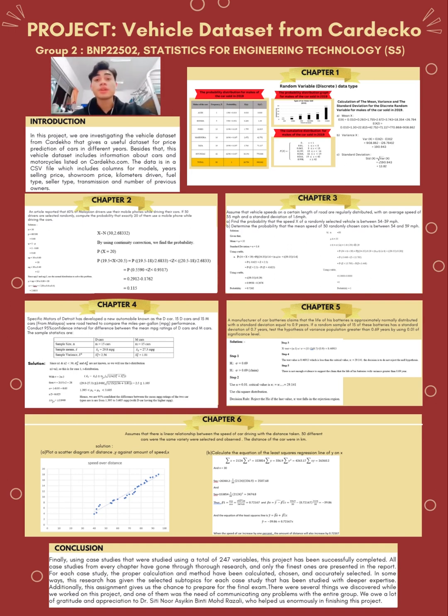So, in this project, we are investigating the vehicle dataset from Cardekho that gives a useful dataset for price prediction of cars in different years. Besides that, the vehicle dataset includes information about cars and motorcycles listed on Cardekho. The data includes columns for models, years, selling price, showroom price, kilometers driven, fuel type, seller type, transmission, and number of previous owners. Chapter 1: a random variable is a real-valued function that is defined across the sample space